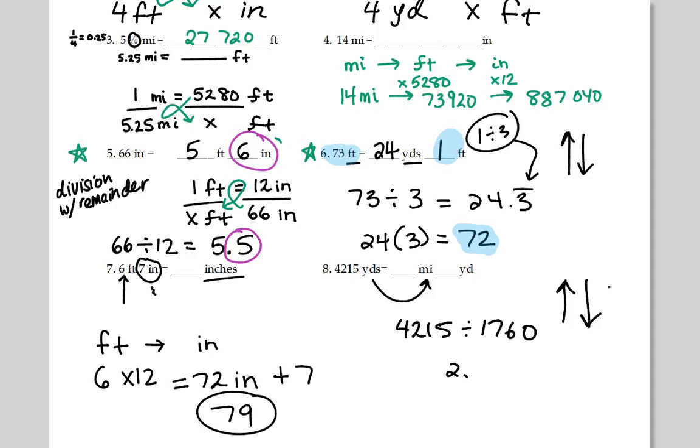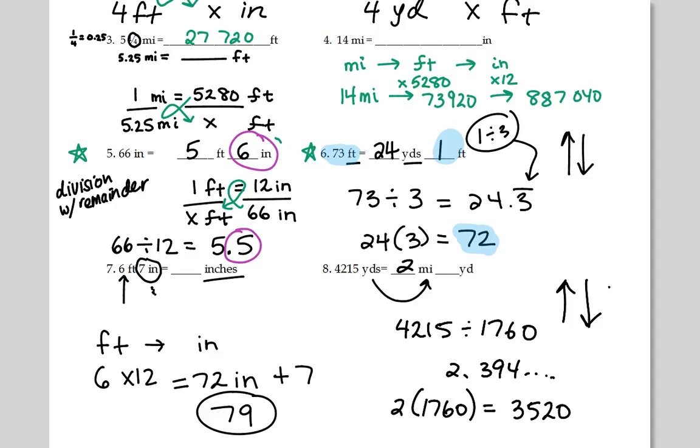It's some craziness, like 2.394, blah, blah, blah, blah. So for sure there's 2 miles. You have 2 perfect groups of 1760. 2 perfect groups of 1760 is, using my calculator,